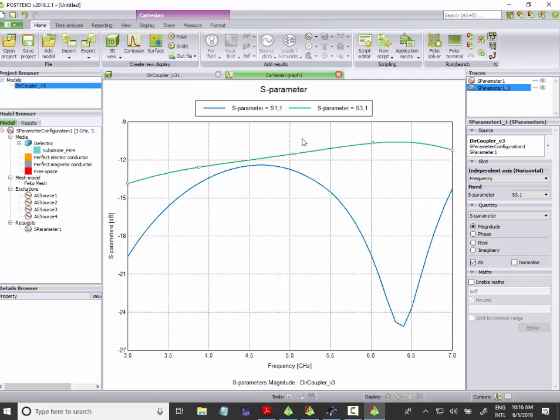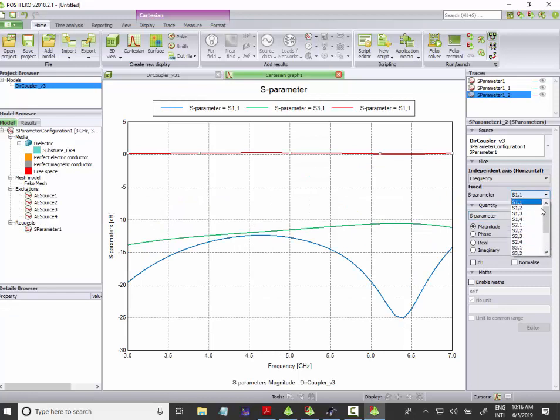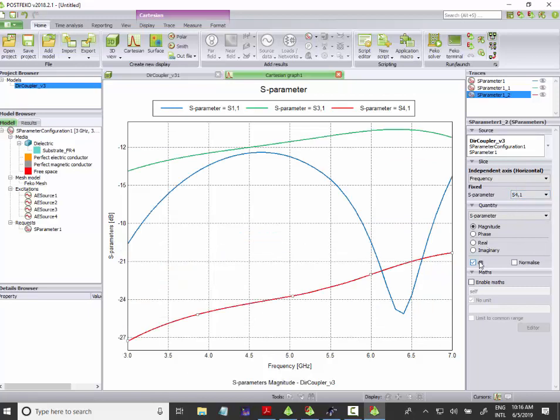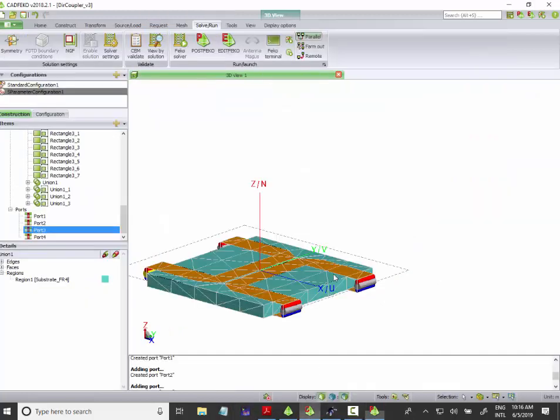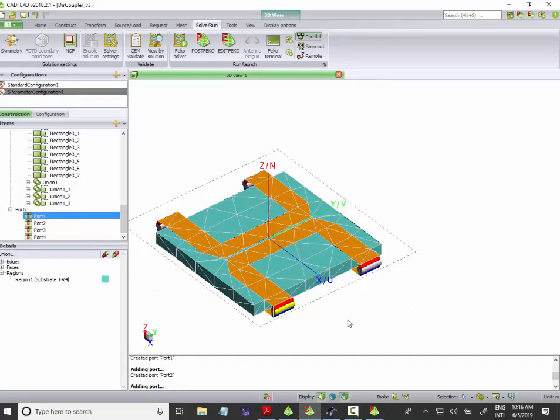And another curve, just drag and drop another curve. This time we are going to ask S41. S41 has to be as low as possible. You see, the red one is S41, it is below more or less 10 dBs. And finally, S41, going back here, you excite here, and you are not supposed to measure anything here. It should be more or less minus 100 dBs in the best case,